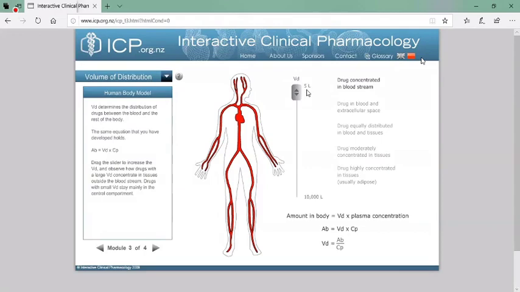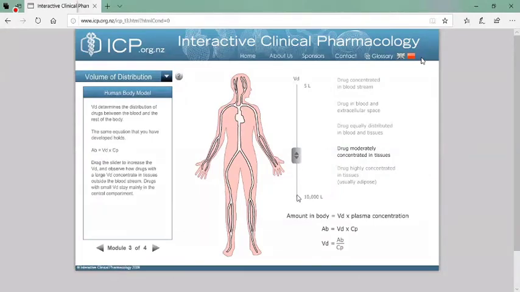So if volume of distribution is very low, all the drug remains only within the blood vessels, right? Only within your artery. So if you go further, the drug is going to be diluted. See, the drug goes into the blood and extracellular fluid, blood and tissue, and it will concentrate in other tissue. So the whole tissue and adipose tissue become concentrated with the drug. So in plasma, you'll get very low concentration. So volume of distribution is moving towards the